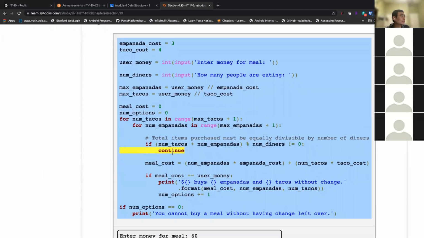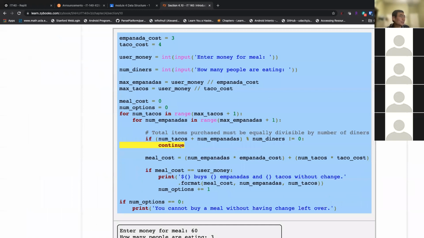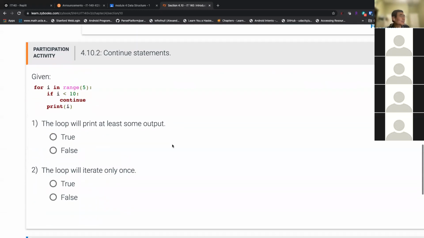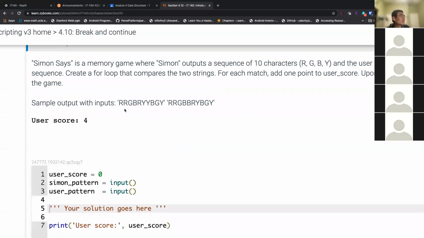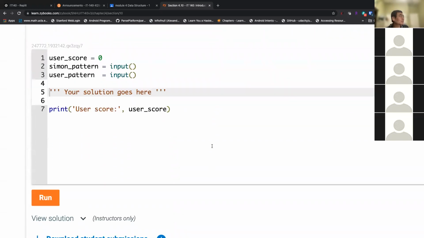Continue, like here. If tacos plus is not equal to 0, then you just skip it. So continue is to skip. Break is just to get out of the loop. Okay, Simon says this is a very good game, so I encourage you to play or write.